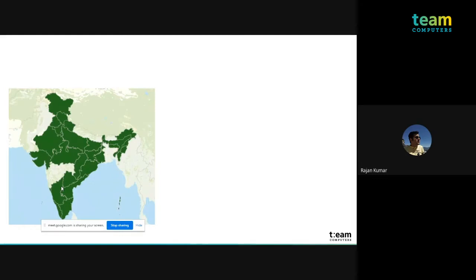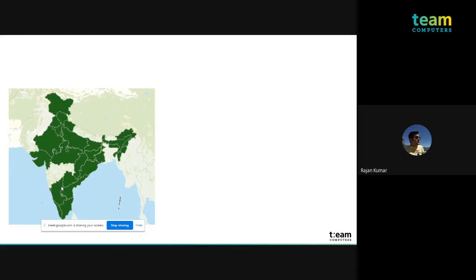So this is another error that we see with our data. You have worked your data, and you made all the joins with customer data and all. While mapping, you see that some particular location is not visible, or it is blank. In this case, like Maharashtra state is showing as blank, or it can be any layer, not just the area layer which I'm showing here. It can be your bubble layer, line layer.